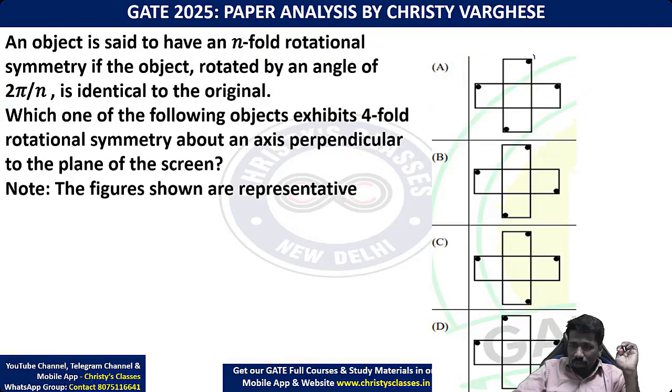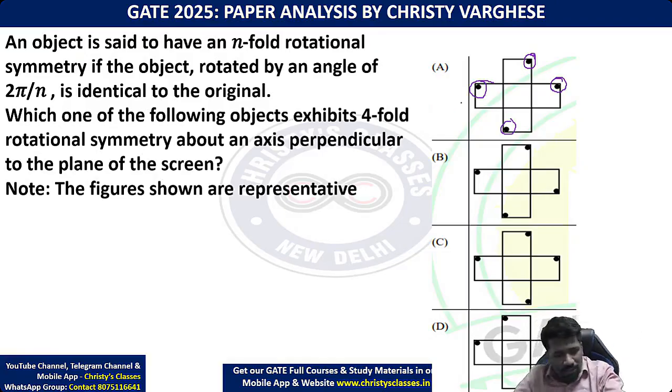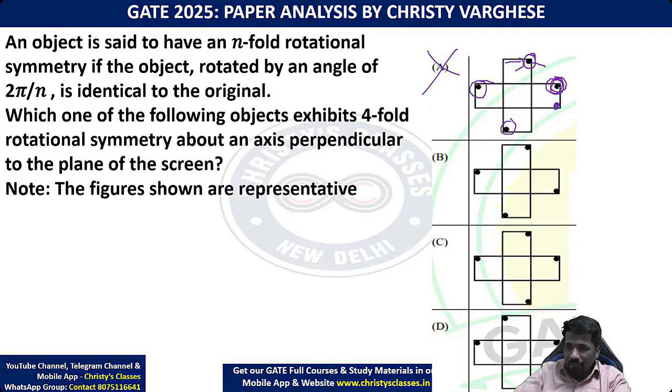For that, you have to know what the changing things are. These dots are the changing things. All other things will stay the same even after 90 degree rotation. This dot is on the right side but this one is on the left side. That itself says option A is wrong, because after a 90 degree rotation this dot will come here, but it should come here so that it has four-fold rotational symmetry. Is it understood?